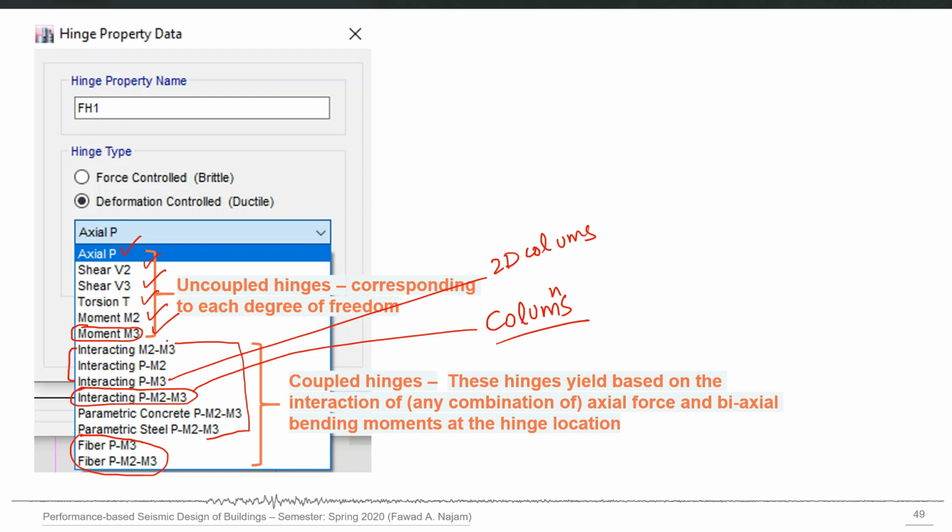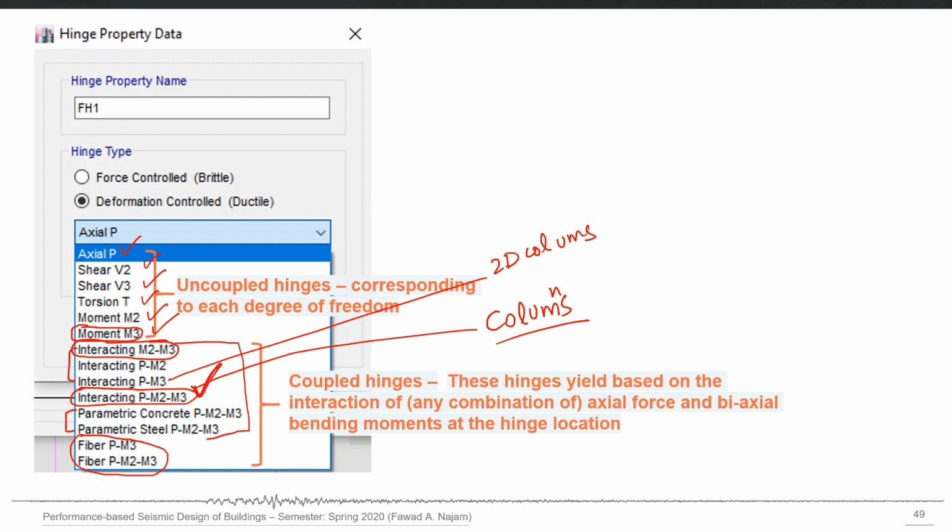Then in that case, you will not be actually considering the effect of axial load on the M theta curve. Only the two moments will be interacting. So the summary is that we will be using this interacting PM2, M3 for our columns. There are two more options: parametric concrete PM2, M3 and parametric steel PM2, M3.